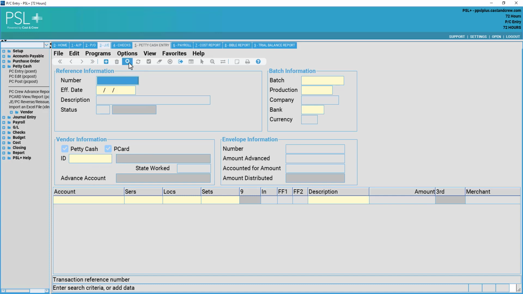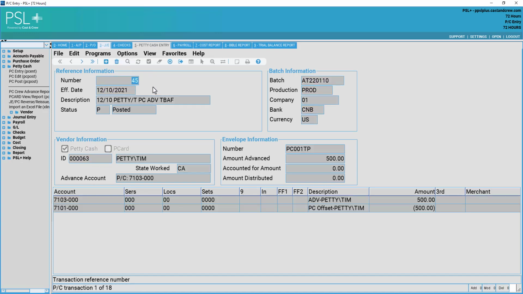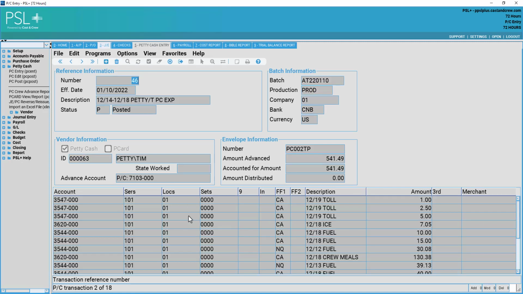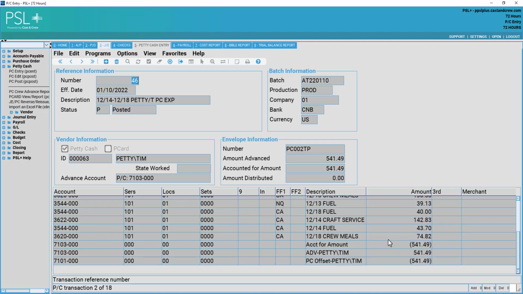If I want to show you guys a few different examples here, I can hit search at the top and we can look at some existing petty cash transactions. Here we have a petty cash transaction where an individual returned quite a few receipts for tolls, ice, fuels, meals. As you can see, they're listed in positive numbers, coded to the correct accounts. And at the bottom here, you can see that there was